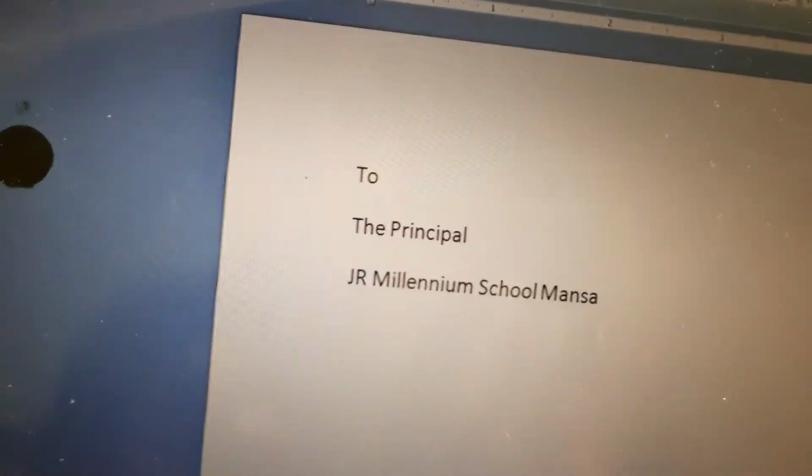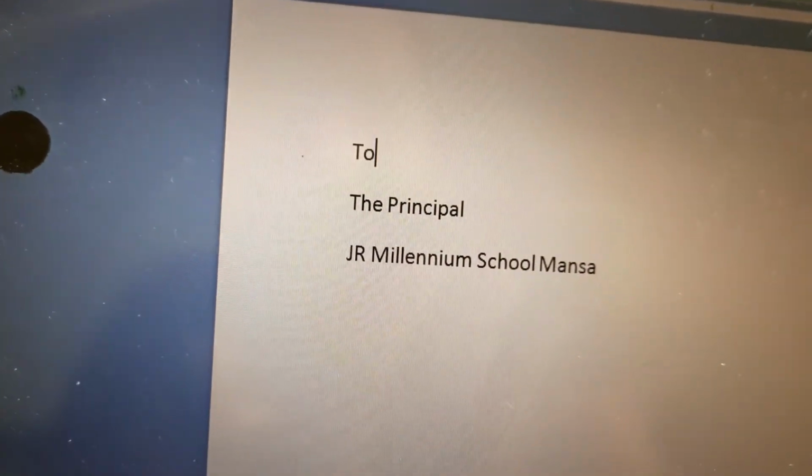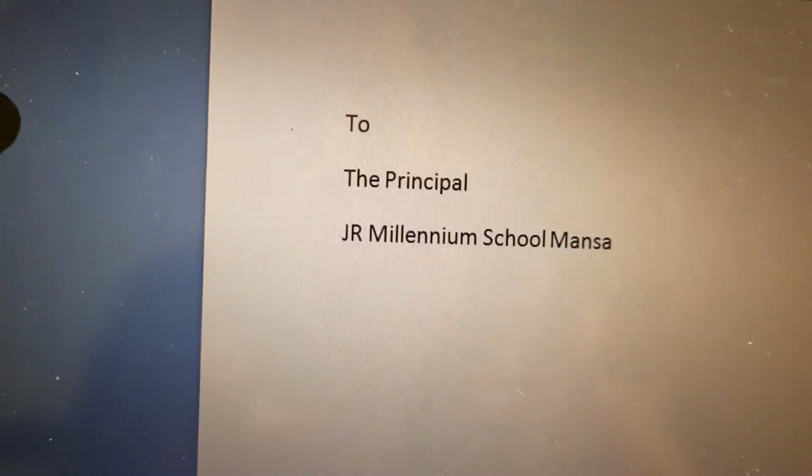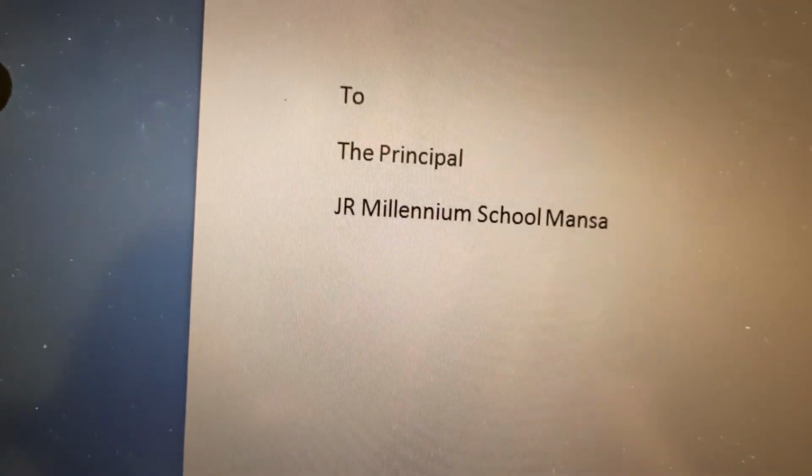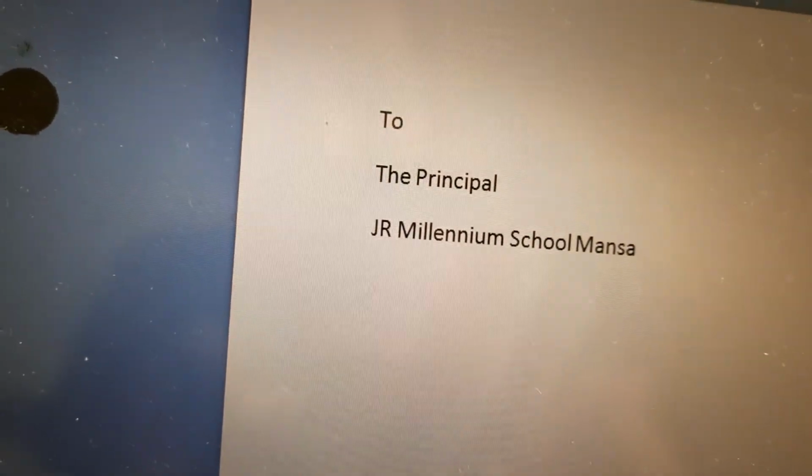After that you have to click on the Mailings tab to create a mail merge. After that there is an option of Start Mail Merge. Click on this.